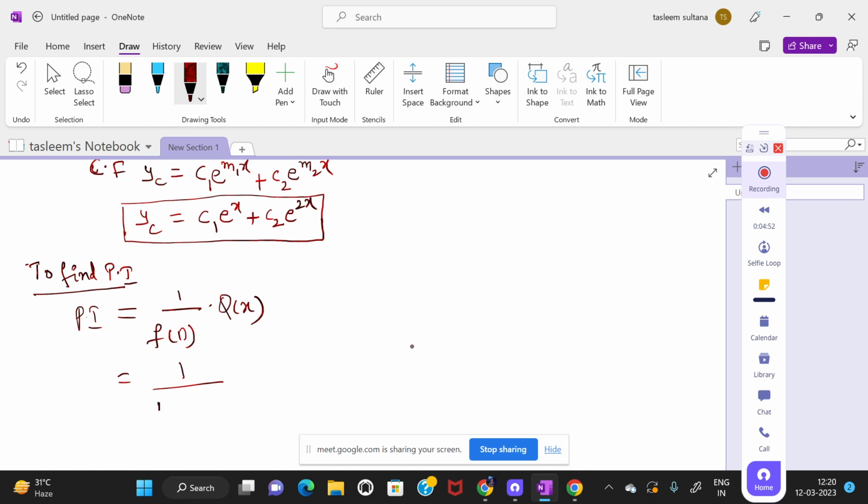Ma'am, they gave D square minus 3D plus 2, and here they have given cosh, no? Yes, cosh x they have given. So this cosh x we can represent as 1 divided by D square minus 3D plus 2,